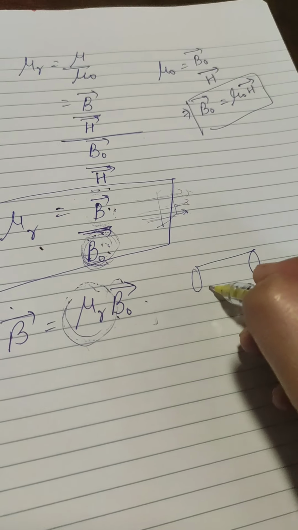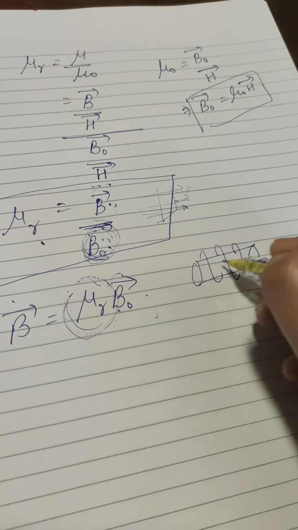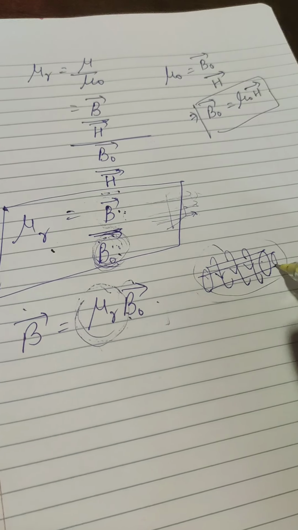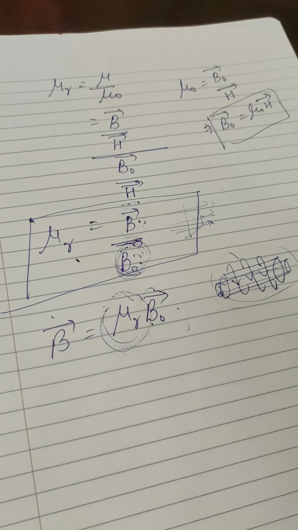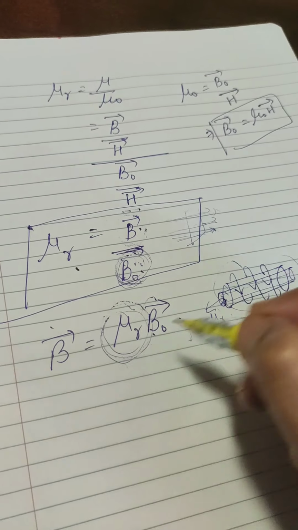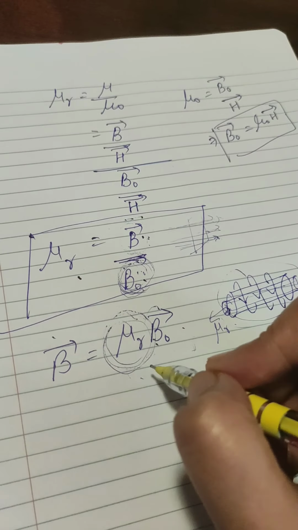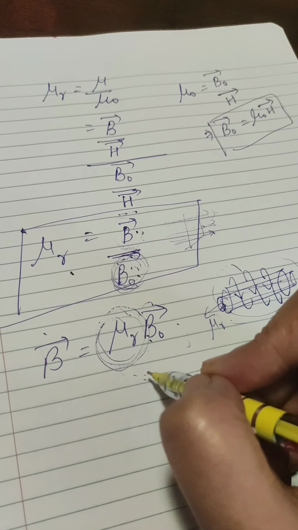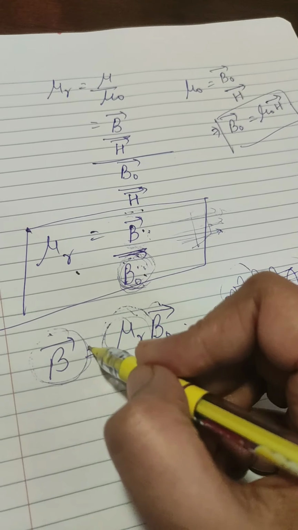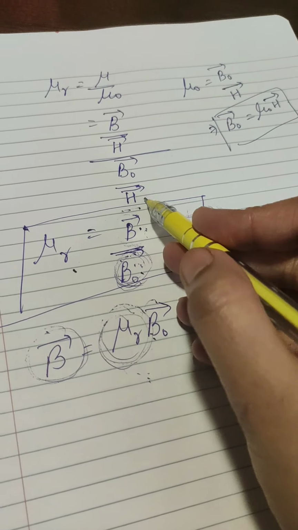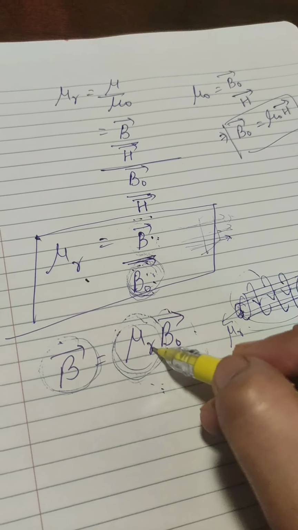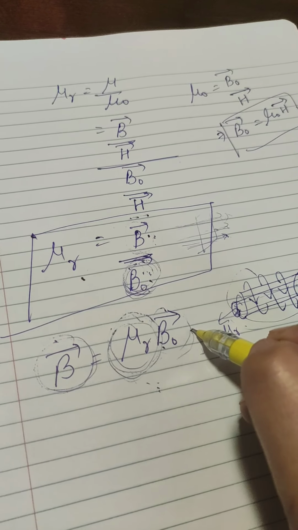Remember, when you have taken a solenoid and there is a current through the solenoid, whatever magnetic field is produced, if you insert an iron core, the magnetic field used to increase. So by how much will the magnetic field increase? By the permeability of the substance, mu r times. So the magnetic flux density in a substance placed in an external magnetizing field H is mu r times the magnetic flux density in vacuum in the same magnetizing field.